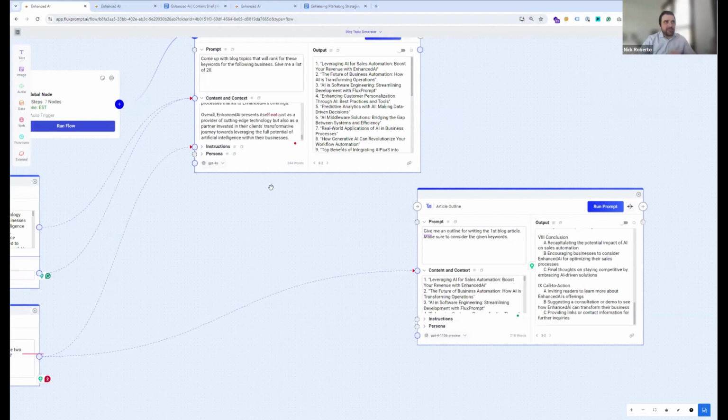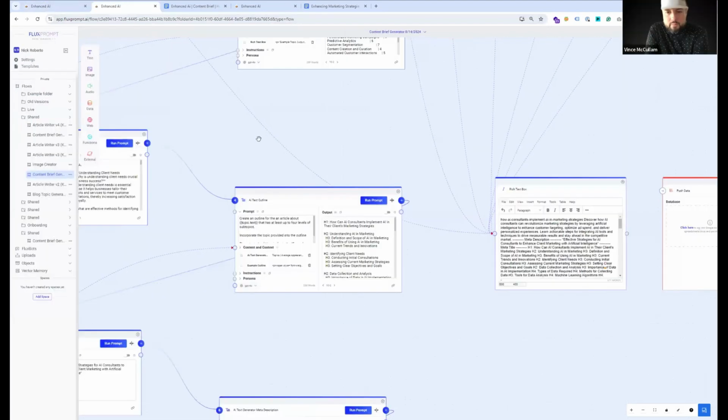And I did want to also say, all of this, I have these flows broken out just so I could explain them a little bit better. Also, I like to have a little bit more control on the output and then put it into the next part. But you and I have run flows from the very beginning all the way to the content creation itself, all in one flow, and you just hit run flow and it kind of does its own thing. For this example, I just broke it out.